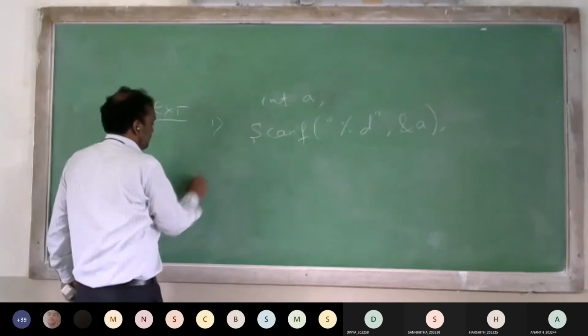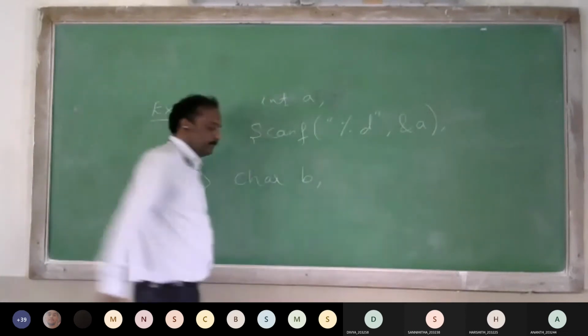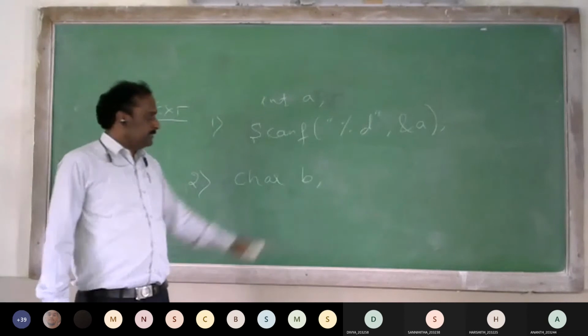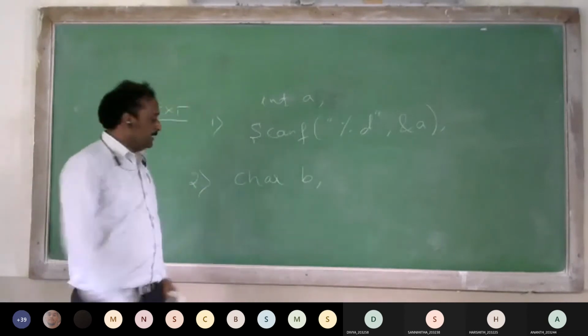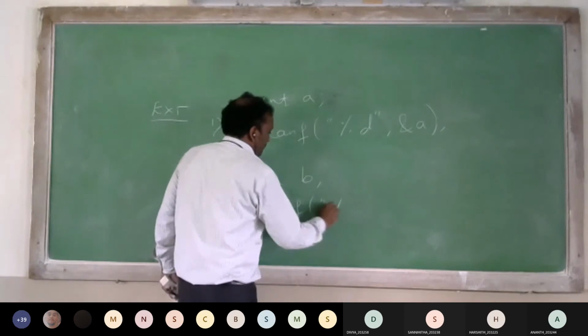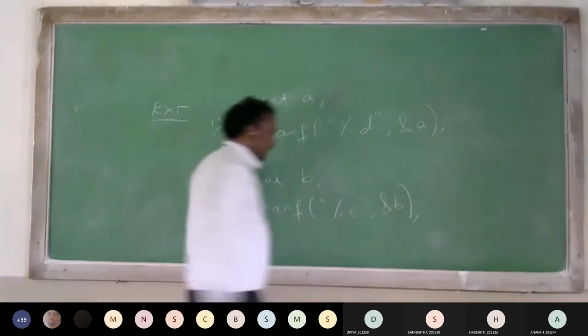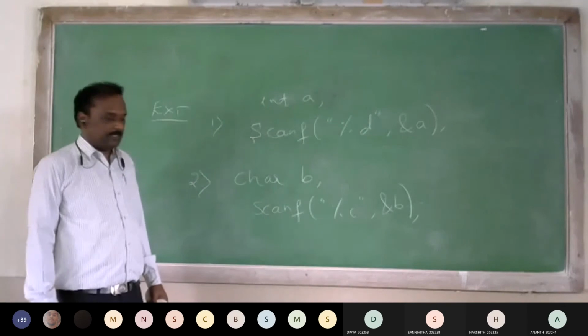This is the first example. Second, if you want to enter a character value, then you have to use scanf, %c, comma, address of b. Like this you have to write.